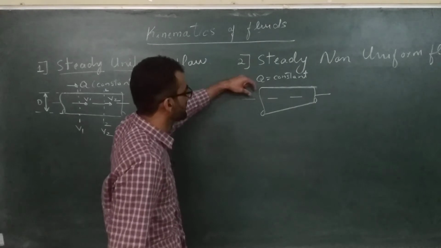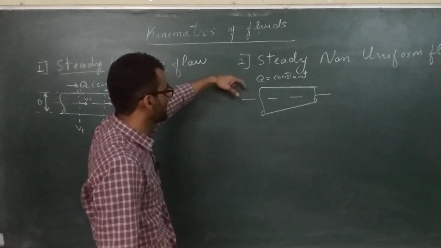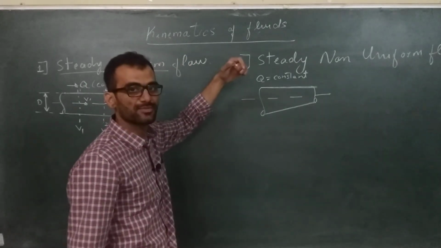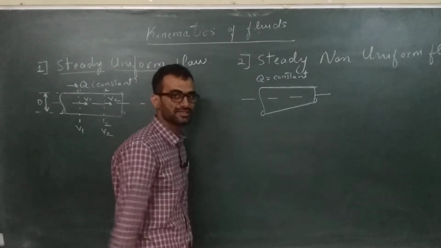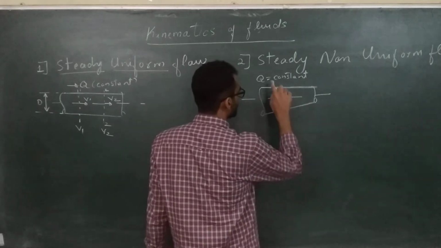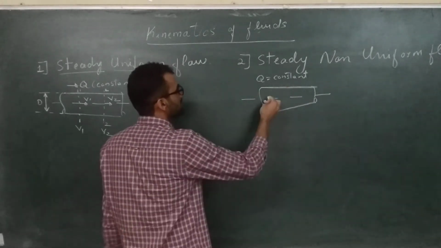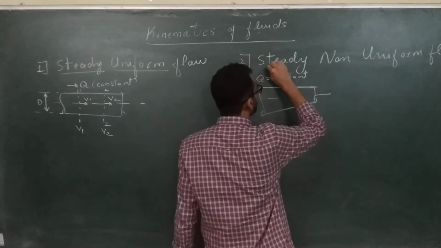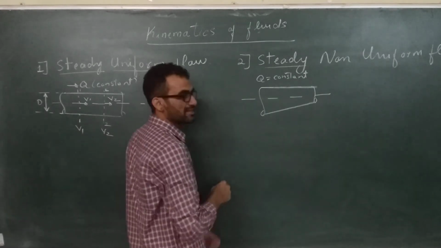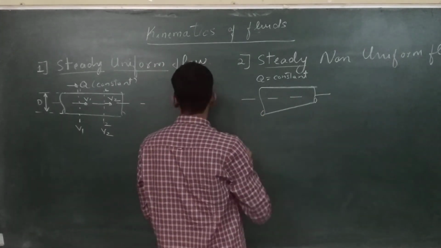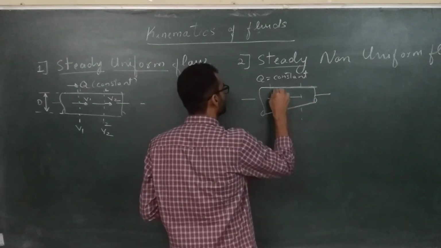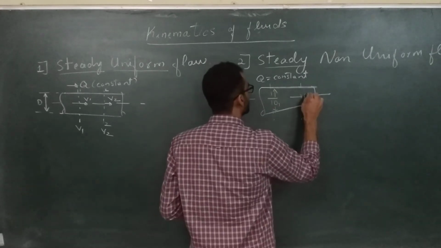Let us say there must be some valve attached to this pipe, and you are not changing the valve, you are keeping it constant. So flow is taking place constantly and the volume is not changing. So your discharge is constant. If the discharge is constant, this flow already becomes a steady flow, as we discussed. However, in this case we have changed the diameters. So here we have a different diameter. At one we have D1 and here we have D2.